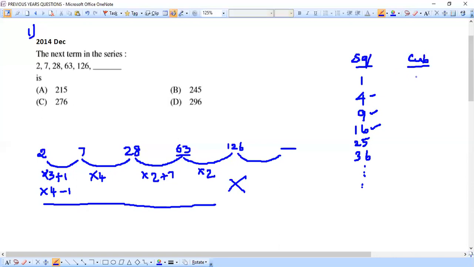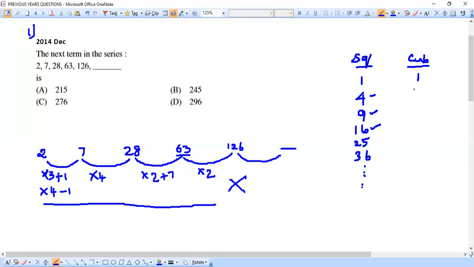And then what is this cube here? What do you mean by cube? Cube means multiplying a number with itself for 3 times. Square it is 2 times. Cube it will be 3 times. That's it. That's the only difference. So cube we have to do, for example, 1 cube. If I want to find the value of 1 cube, I need to do 1 into 1 into 1. 3 times I have to do. So 1 into 1 into 1 will give me 1. So 1 cube is 1.